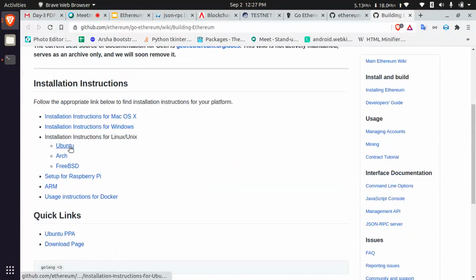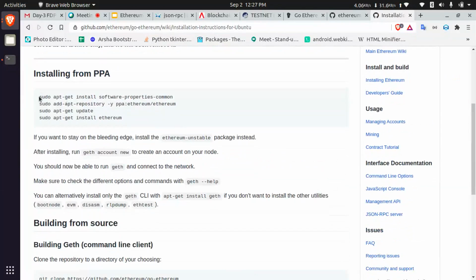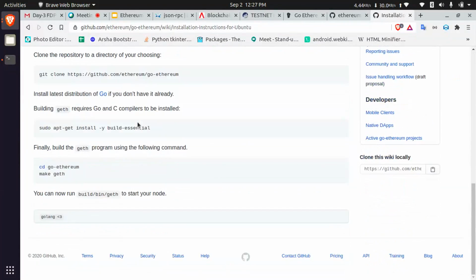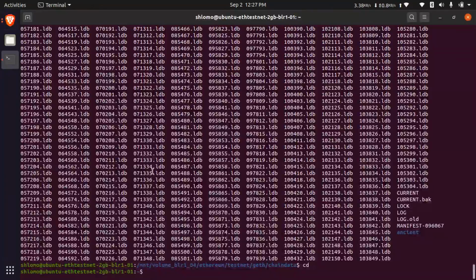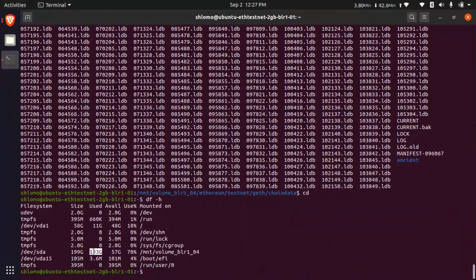If you are using Linux, which distribution you are using, like Arch Linux or Ubuntu or Fedora, you just need to do these installations. Once you're done, your Geth is ready. But make sure you are not connecting to any mainnet or testnet. If you are connecting, your internet will be lost, because it will download GBs. This is like how much? 133 GB is downloaded.